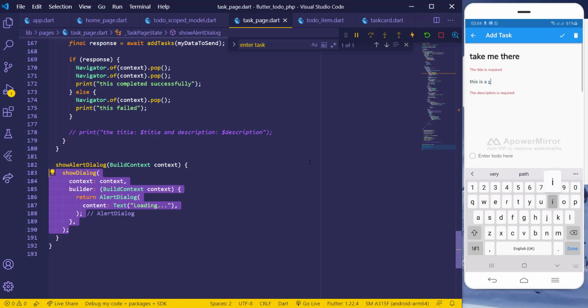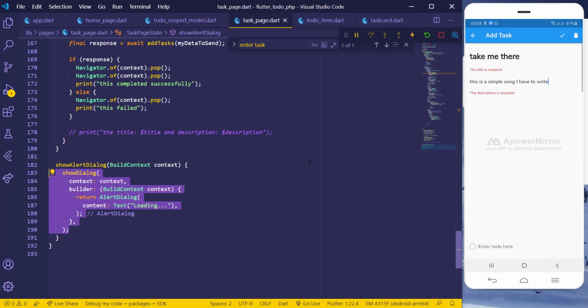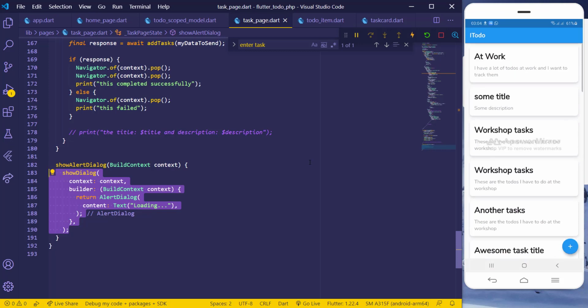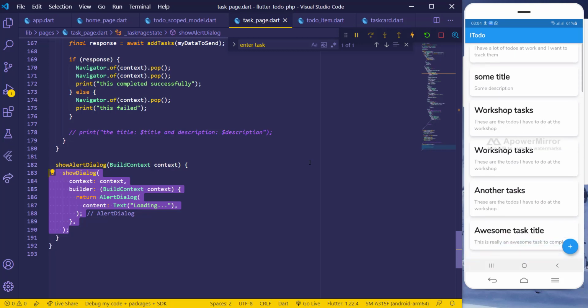This is a simple song. I have to write. Okay, I'm just putting some things there, and then when I click on it, we got that alert. It came, and then it just went so fast. And then after doing that, we also have to